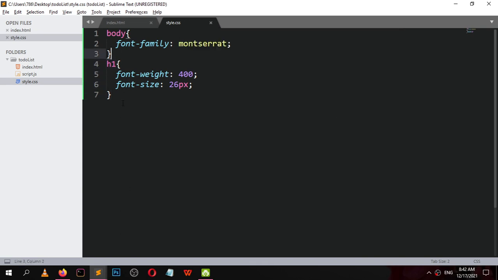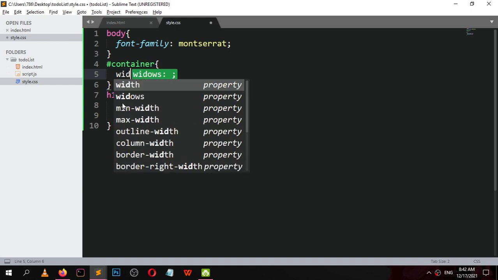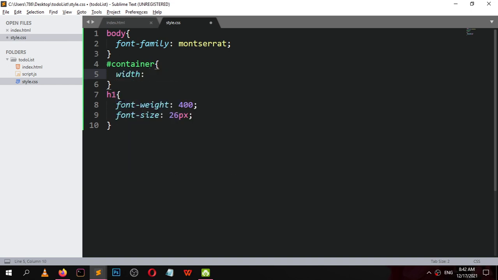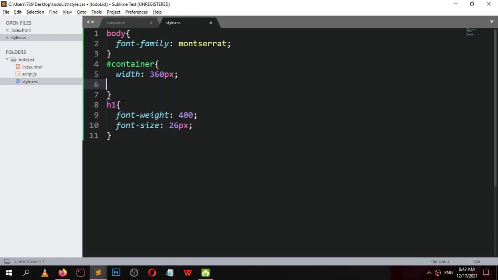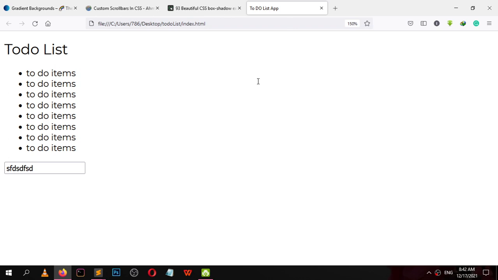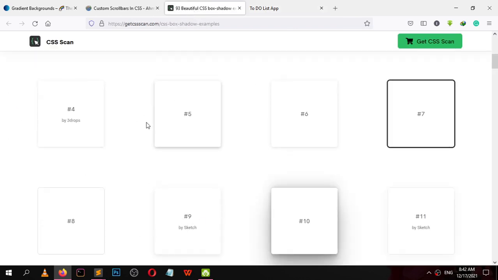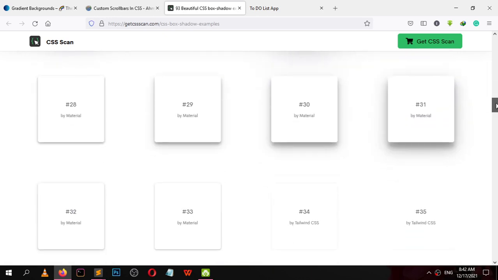And the container element, select the container. Container width should be 360px, and background, we don't need background color, we need a shadow. So you can grab different type of shadow from here.